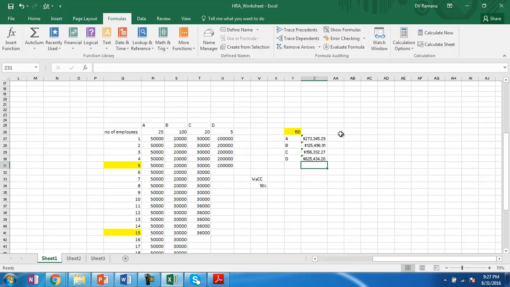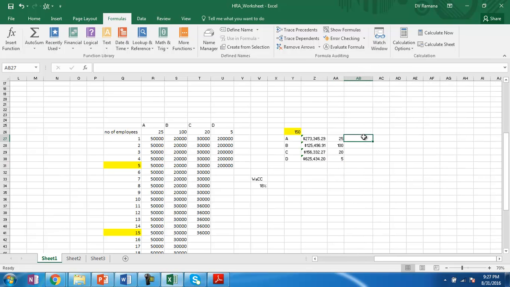Multiplying by 25, 100, 20 and 5 persons, the total value for each category is obtained, and the value of all the human resources